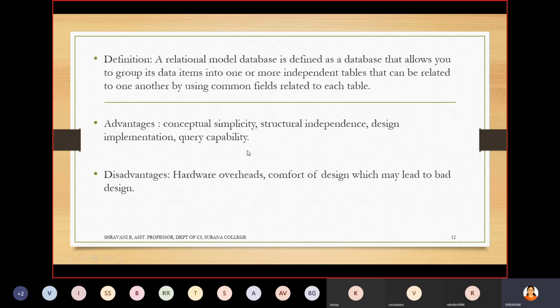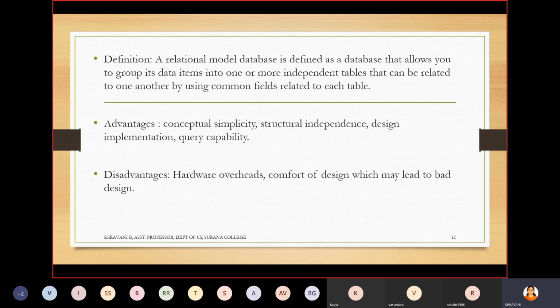The next one is design implementation, which is a little bit easy because it is in table form, tabular form. It will be easy for you. And query capability. See, a query is nothing but a question. In future you will be learning about queries, that is SQL, structured query language. So what is a query? Give me the details of so and so name. I will use the keyword called select.